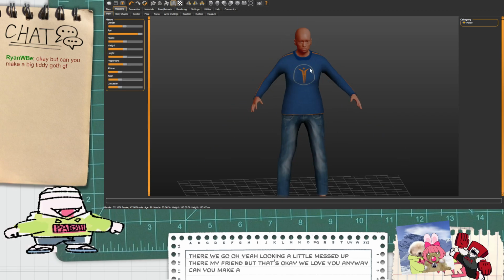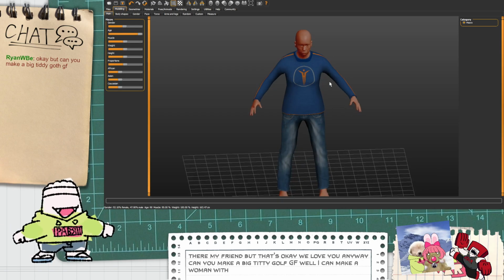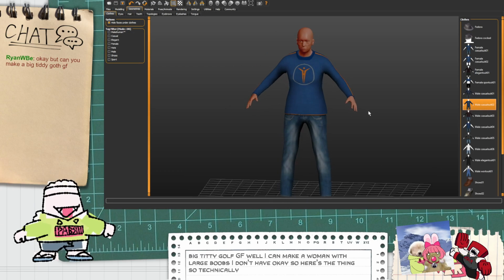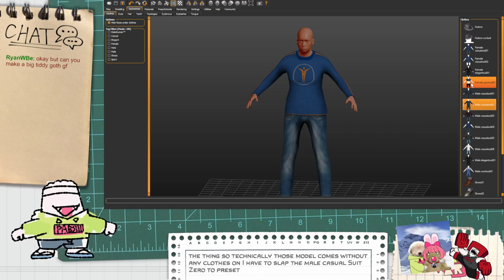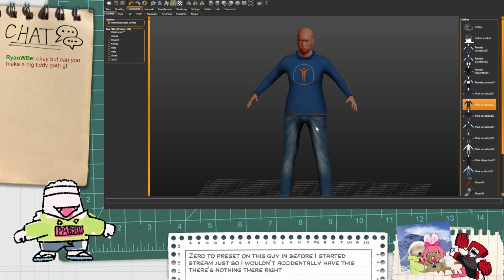Can you make a big titty goth GF? Well, I can make a woman with large boobs. Okay, so here's the thing. Technically this model comes without any clothes on. I had to slap the male casual Zoot02 preset on this guy before I started stream, just so I wouldn't accidentally have this. There's nothing there, right? Like it's like a Ken doll down there, but